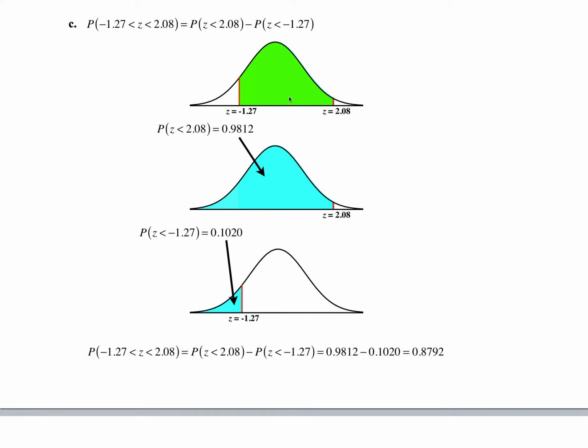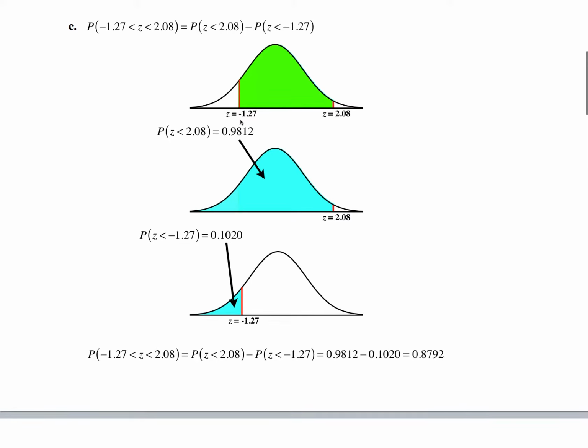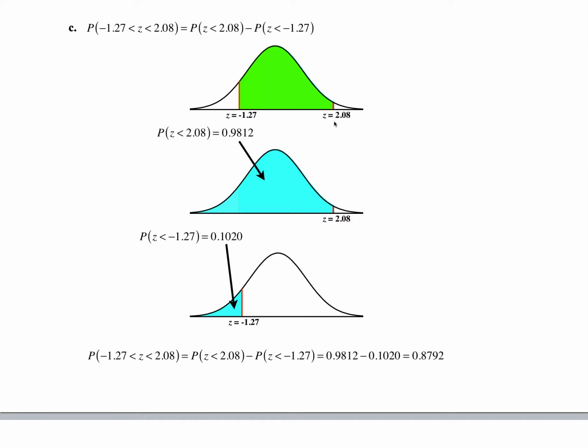So that's the area under the curve between z-scores negative 1.27 here and 2.08 here. So what we're going to get from the table is a large area to the left of 2.08, and then we'll need to find the smaller area to the left of negative 1.27, and subtract this smaller area